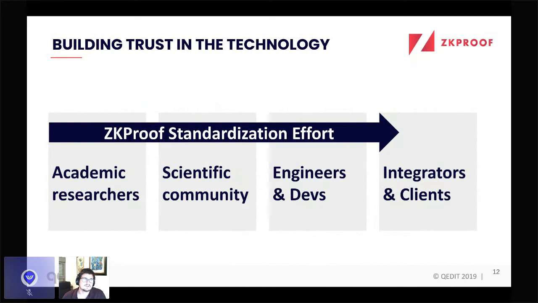So in an ideal world, it all starts with the academic researchers, right? Where they build the schemes. So it all starts there. And of course, I say ideal world because now this is a blurry line. You have a lot of people in industry, in companies, building these schemes, but in some sense, they are researchers, right? And they build the schemes which are, in theory, secure.